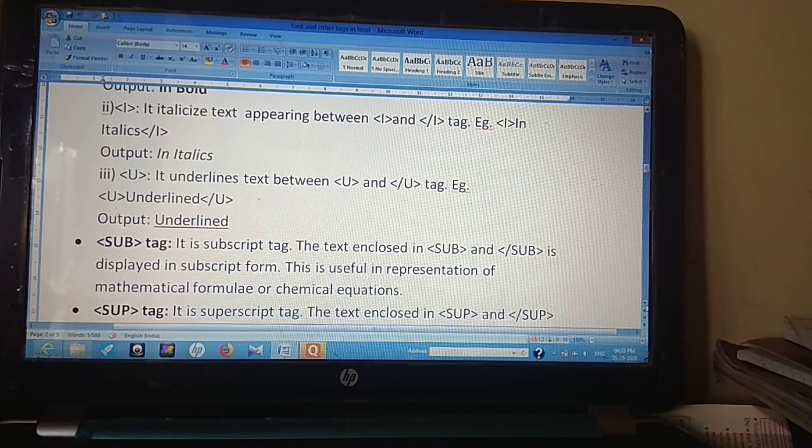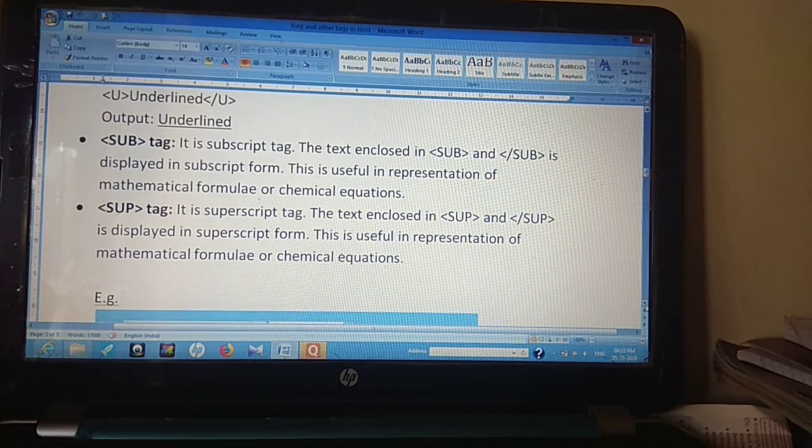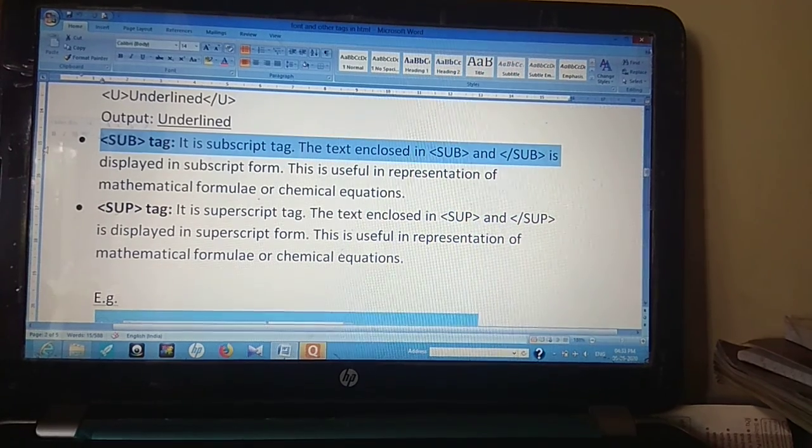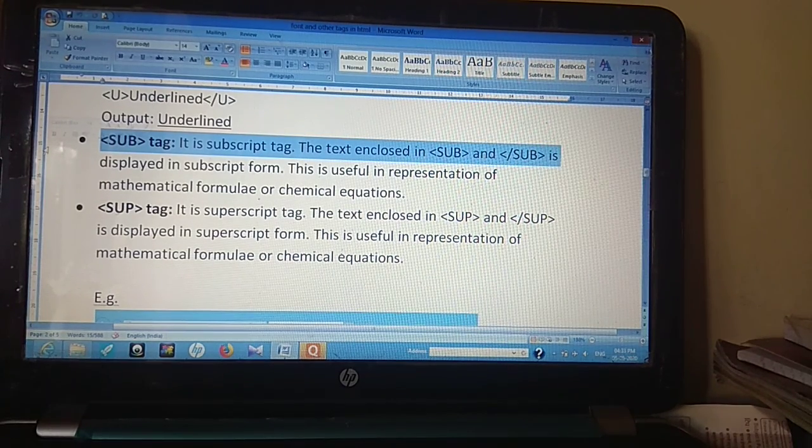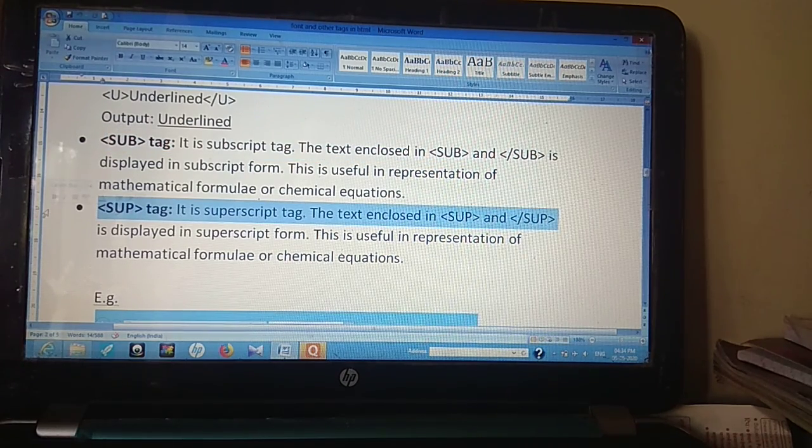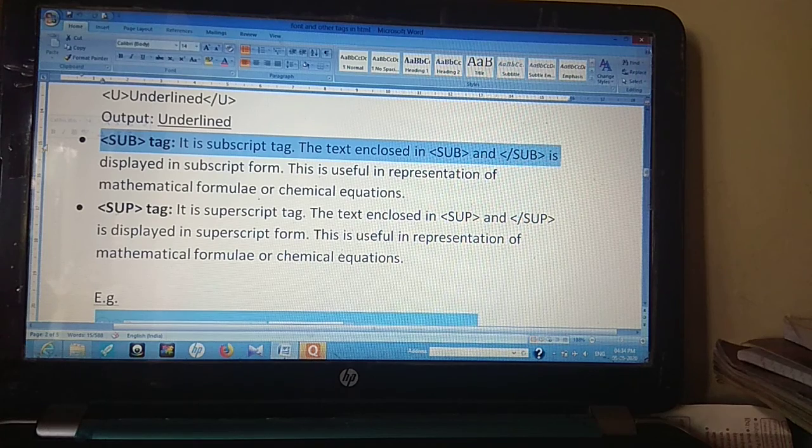Then comes the SUB and SUP tags. The SUB tag is for subscript, whereas the SUP tag is for superscript. If you want to define any text below the baseline, such as chemical formulas or equations, we can define it with the SUB tag.